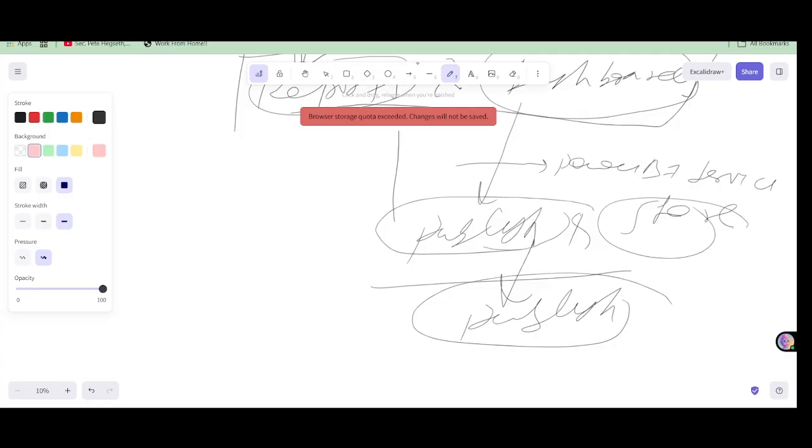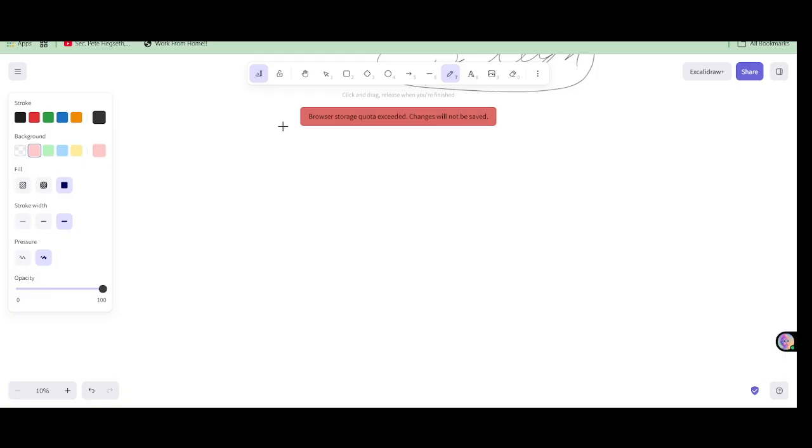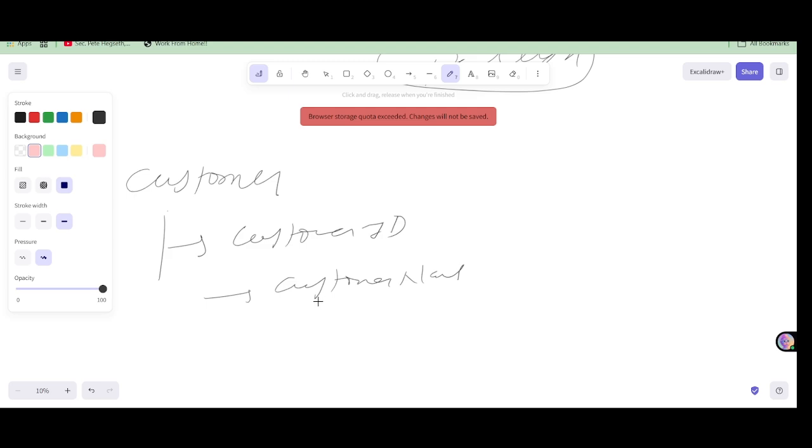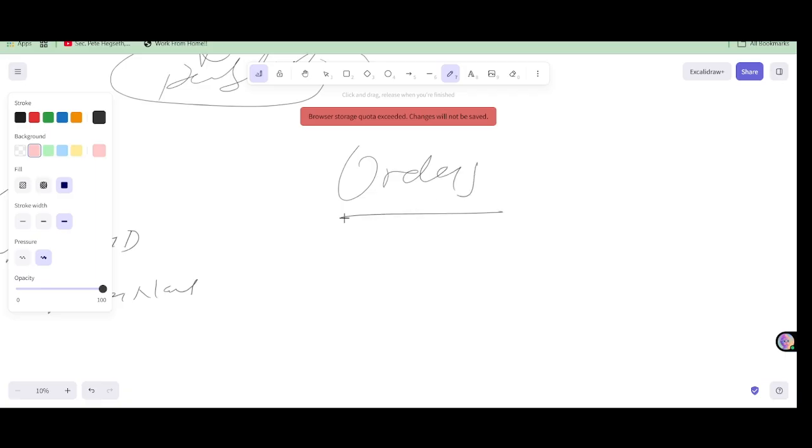Now let's learn about what kind of project we are going to do when we are learning. When we are learning the Power BI service, we'll be using three data sets. The first data set will be the customer data set. In the customer data set we might have customer ID, customer name, city, and join date. These sort of things we may have, and then the next table we would have is orders. Even there we will have different columns that we will learn, and after that we would have